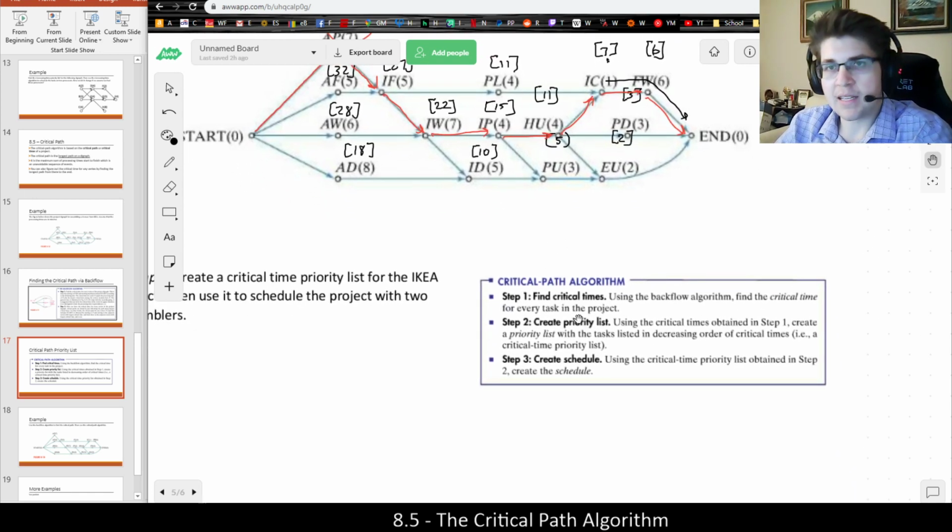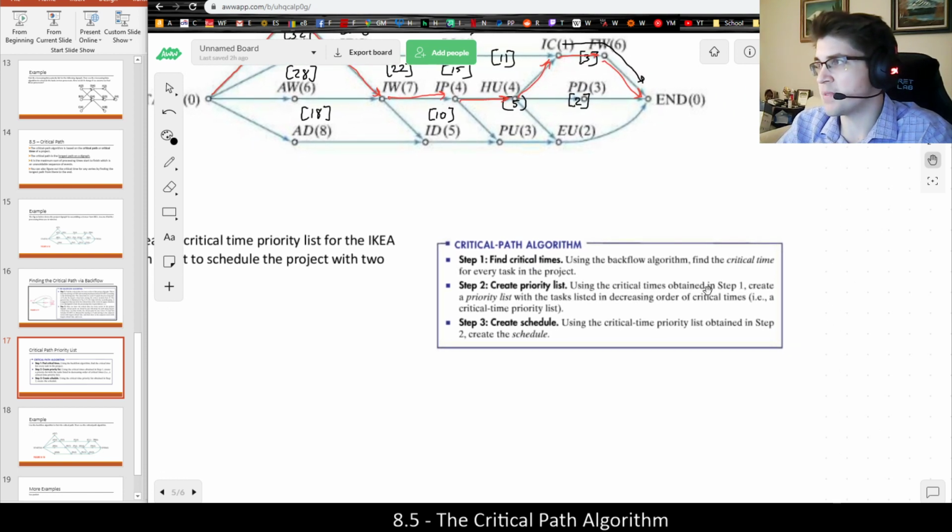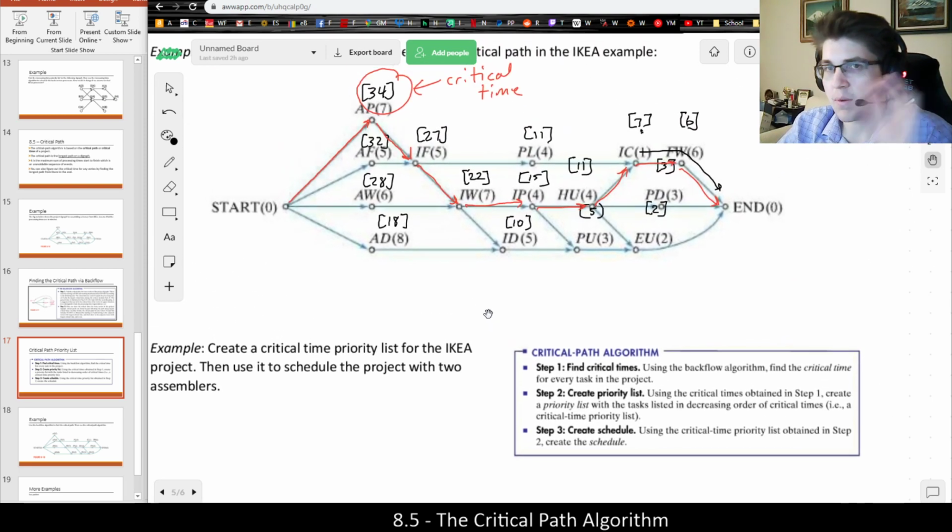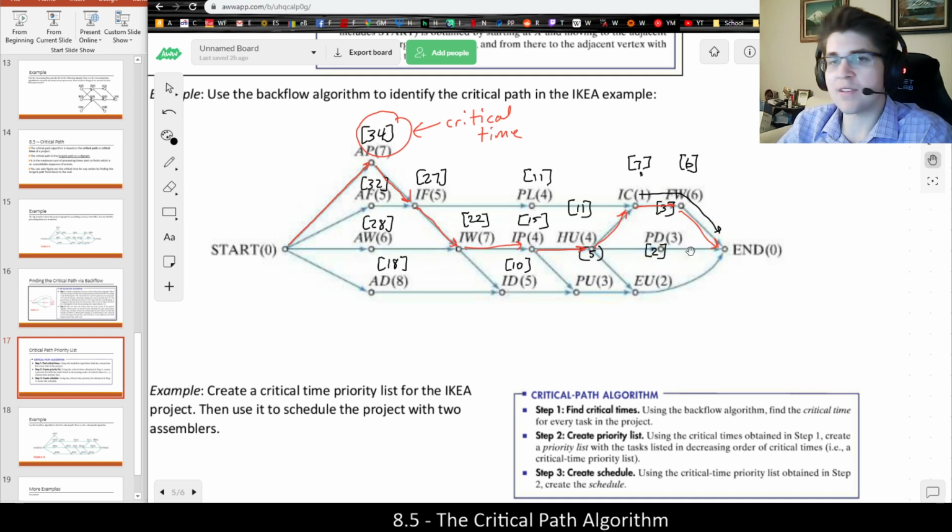Step two is to create the priority list. Kind of like how in the decreasing time priority algorithm, we made a priority list based on the times. But when we're using the critical path algorithm, it says using the critical times obtained in step one, create a priority list with the tasks listed in decreasing order of critical time. So it's almost exactly the same. Instead of listing the tasks in decreasing order of processing time, we're going to use a decreasing order of critical time instead. So basically, instead of listing them in order of their numbers in parentheses, we're going to change that to their brackets,